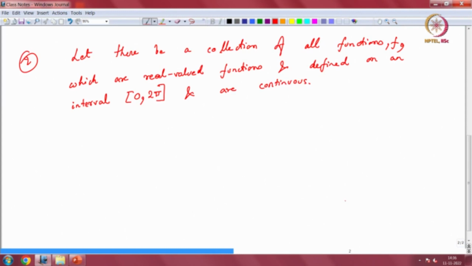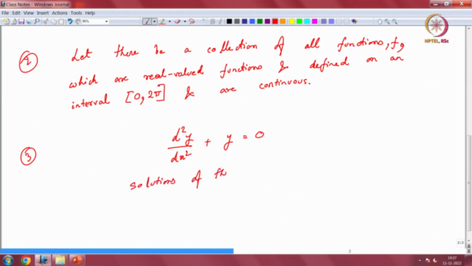So a collection of functions like this also will constitute a vector space. And this vector space will now be looking very different than the vector space of column vectors or the row vectors that we discussed earlier. You can also define other types of vector spaces. So for example, let's say there is this equation, d square y by dx square plus y is equal to 0. Now the solutions of this equation, so this is a linear ODE,